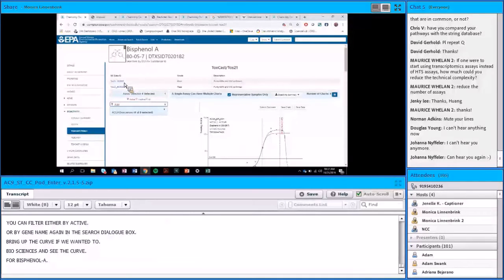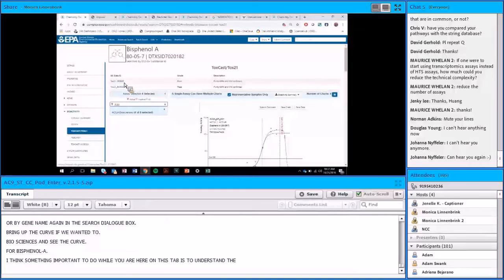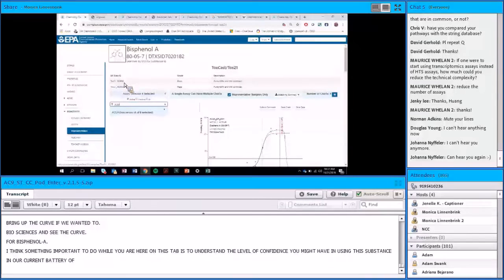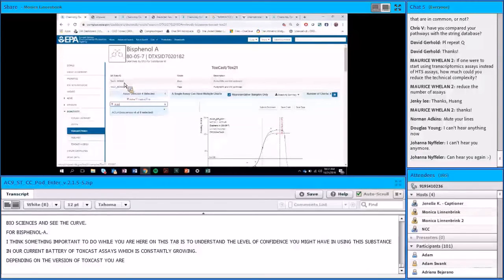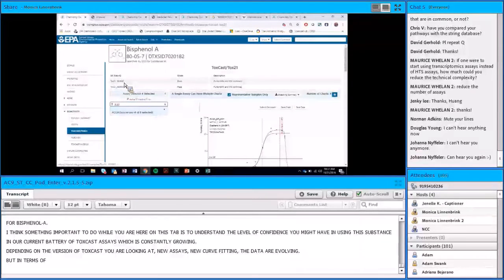I think something really important to do while you're here on this tab is to understand the level of confidence you might have in using this substance in our current battery of ToxCast assays, which is constantly growing. Depending on the version of ToxCast that you're looking at, we'll have new assays, new curve fitting. The data are evolving. But in terms of using the data, it's really important to think about whether or not that chemical would be stable in our current process. And we have